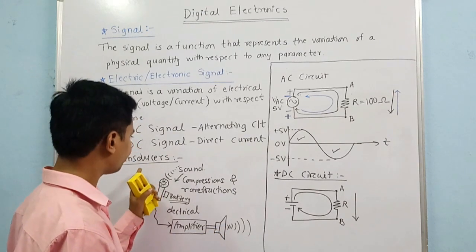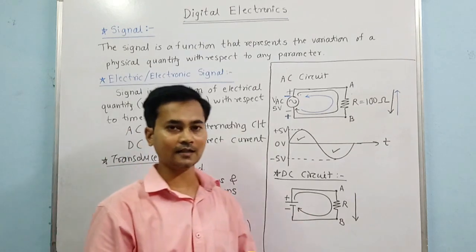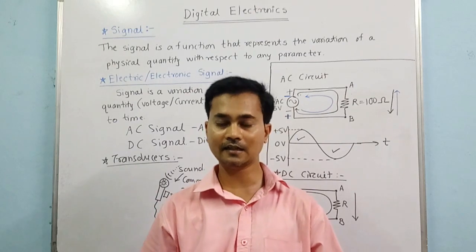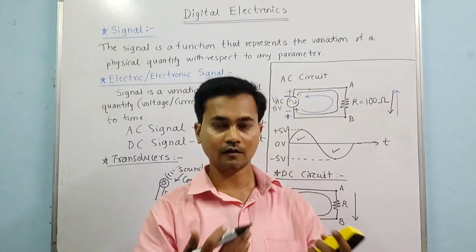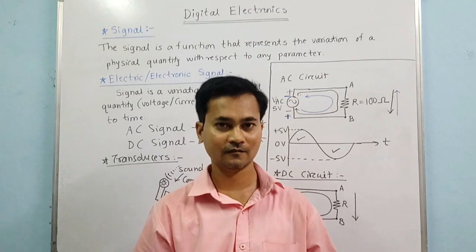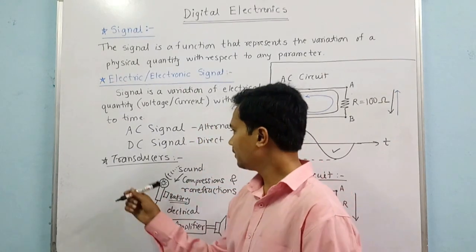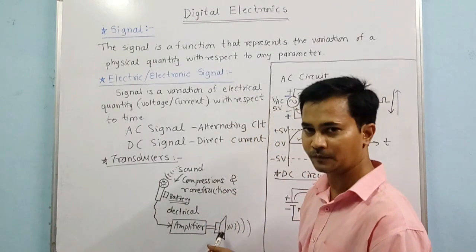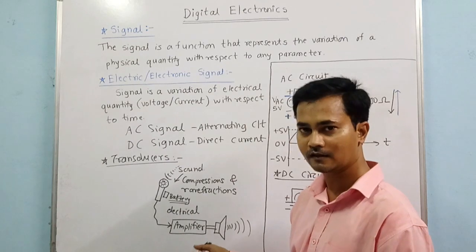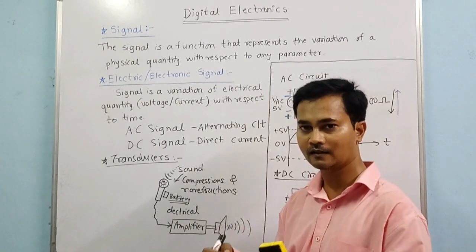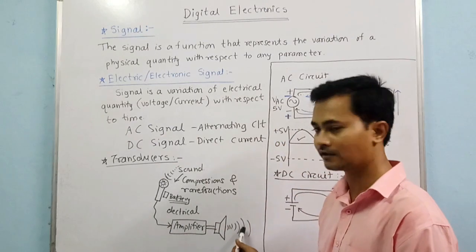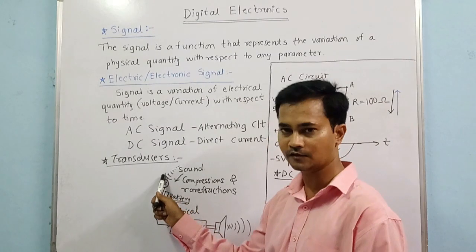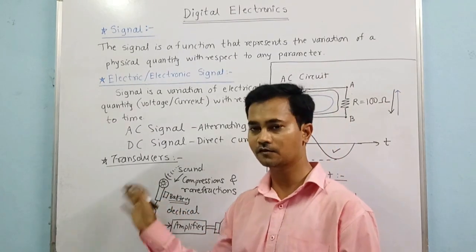Now, the non-transducer. What is a non-transducer? The non-transducer is the device which converts an electrical signal into natural signals. Non-transducers are like the speaker. The speaker takes the electrical signal and converts it into the sound signal. So this is a non-transducer. But here the mic is a transducer. Again, the second example of a transducer is your humidity sensor.